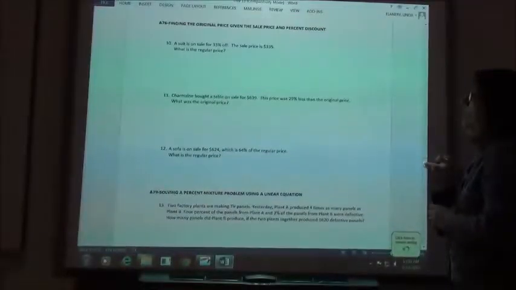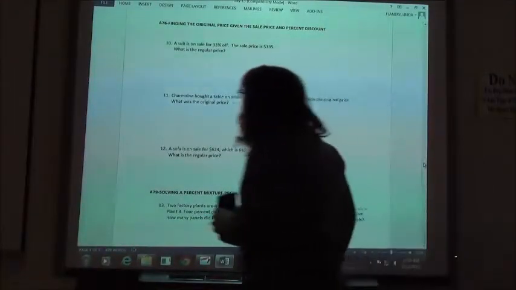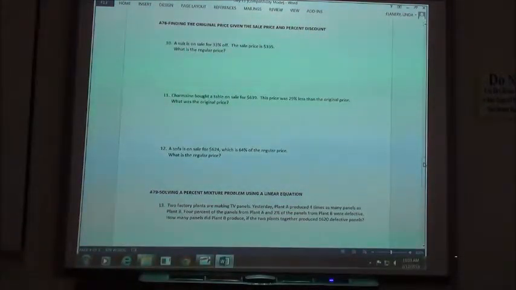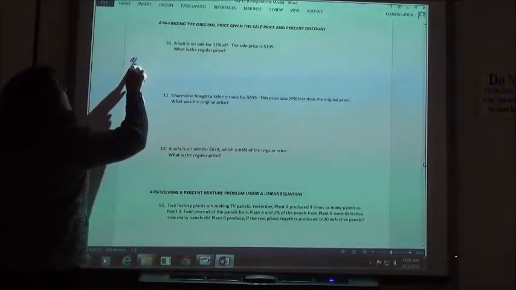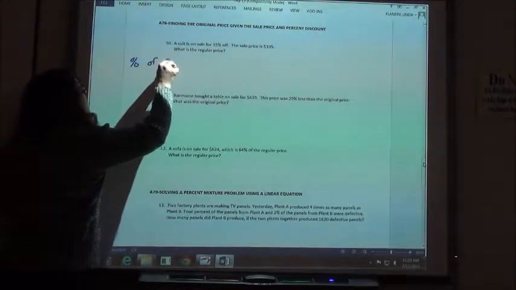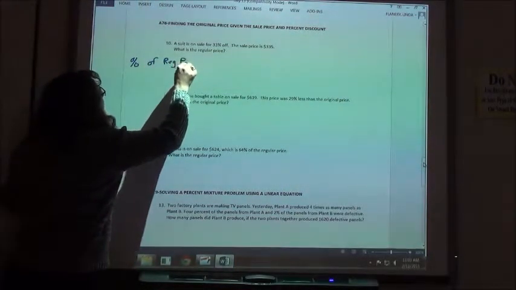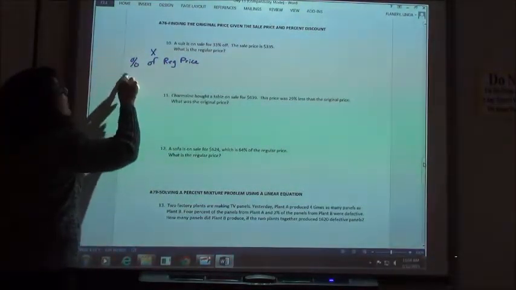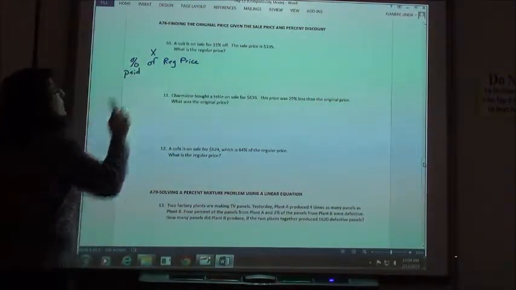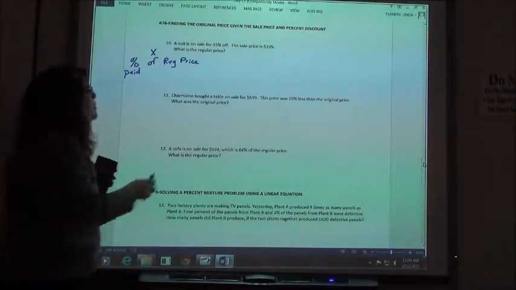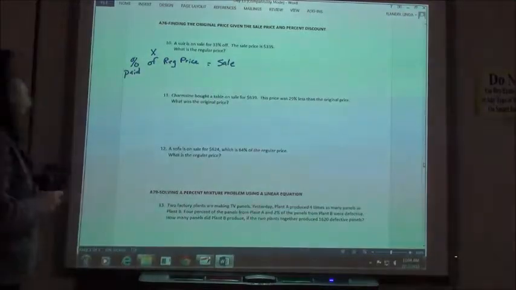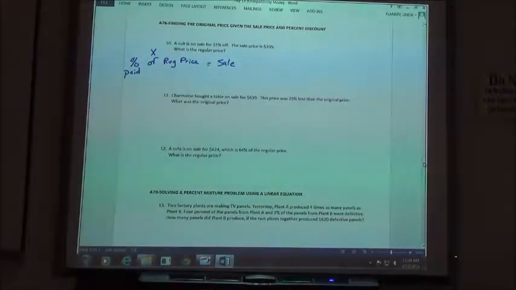Numbers 10, 11, and 12 have to do with doing percents. Your formula when you do percents for sales is that you take the percent of the regular price. Of means times, and it's actually the percent that you paid. The percent paid times the regular price is equal to the sale price. So in this one it says a suit is on sale for 33% off. The sale price is